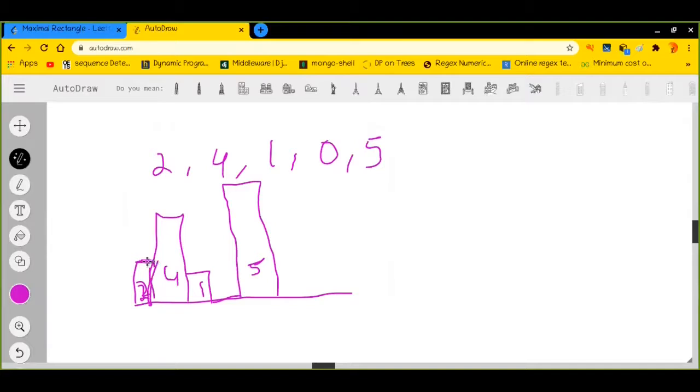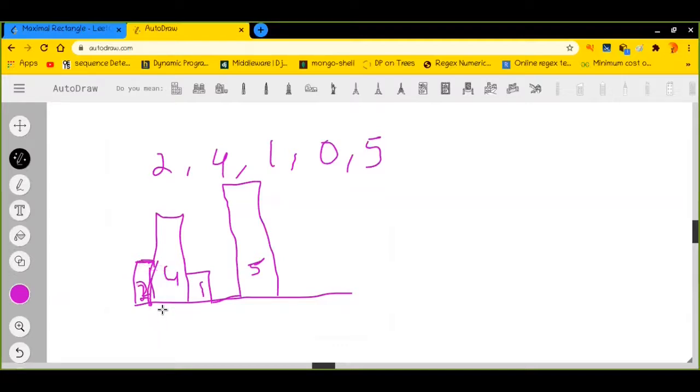Basically its range could be from here to here, right? Because if I exceed this point, there is no bar of the same height or larger than its height. So I'll only consider the range from this point to this point. The area will be, obviously, 2 is the height, and the width of every bar is 1, so its width is also 2. So the area that it can contribute is 2 into 2, which is 4.